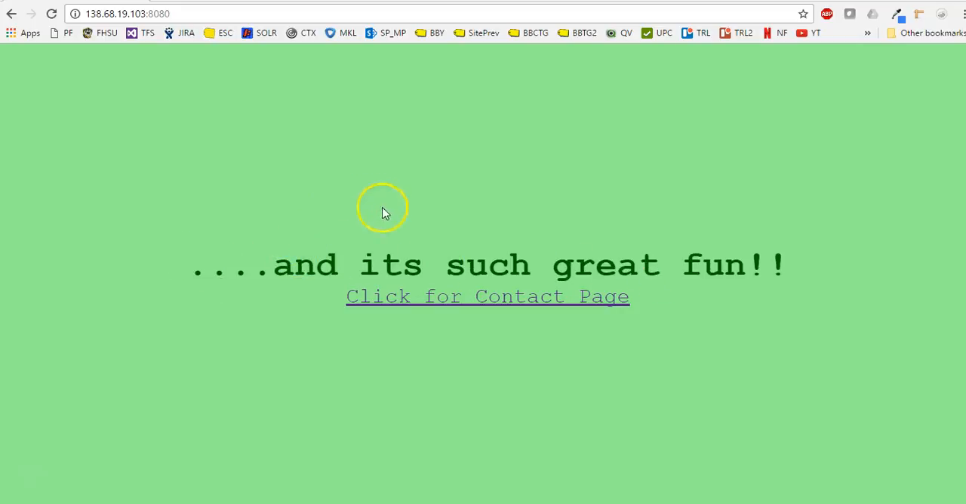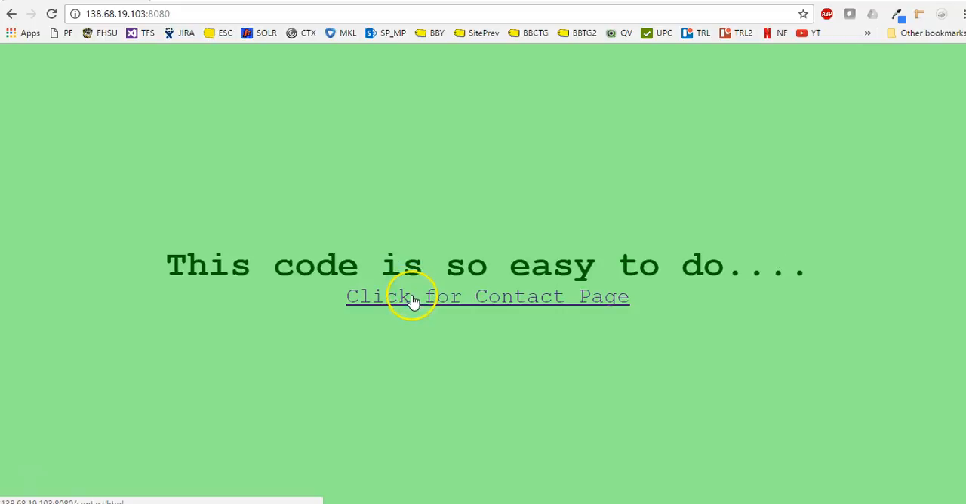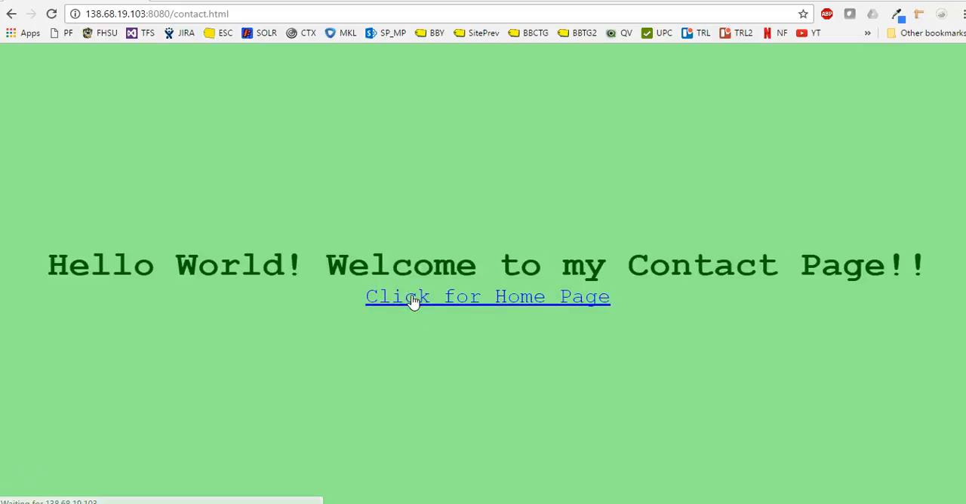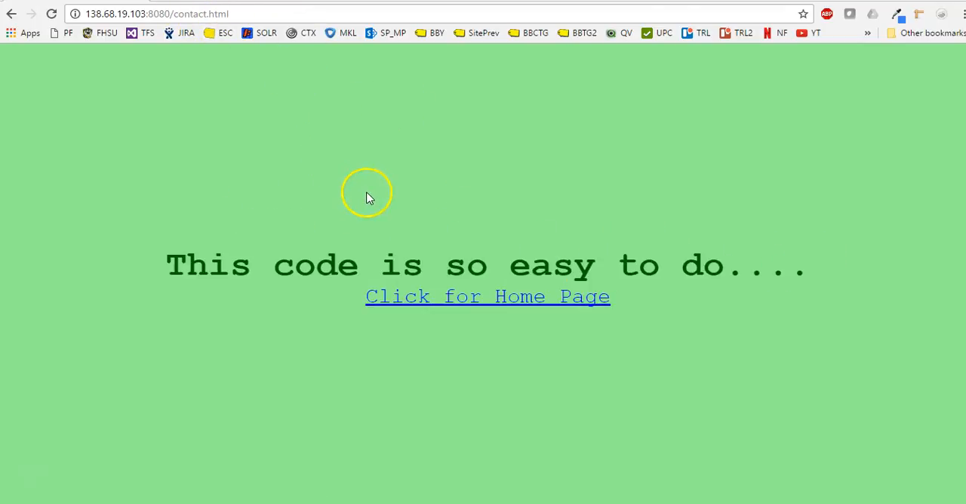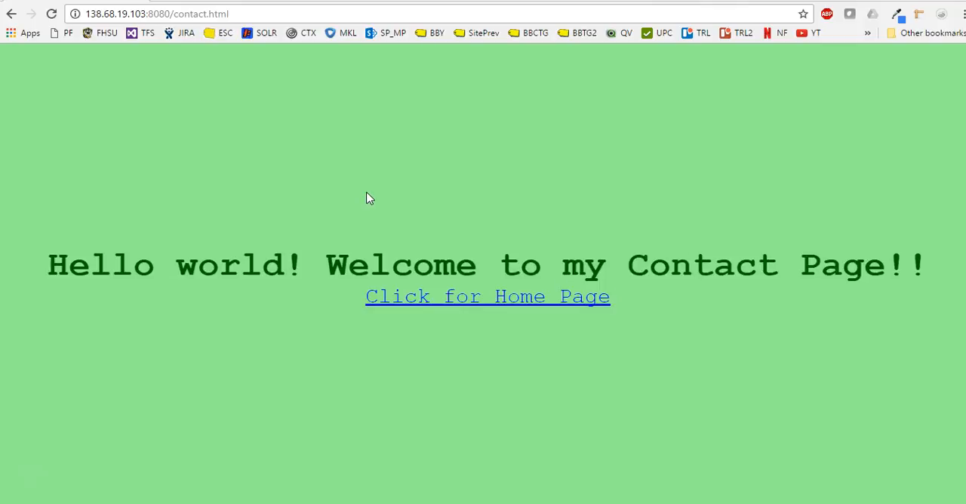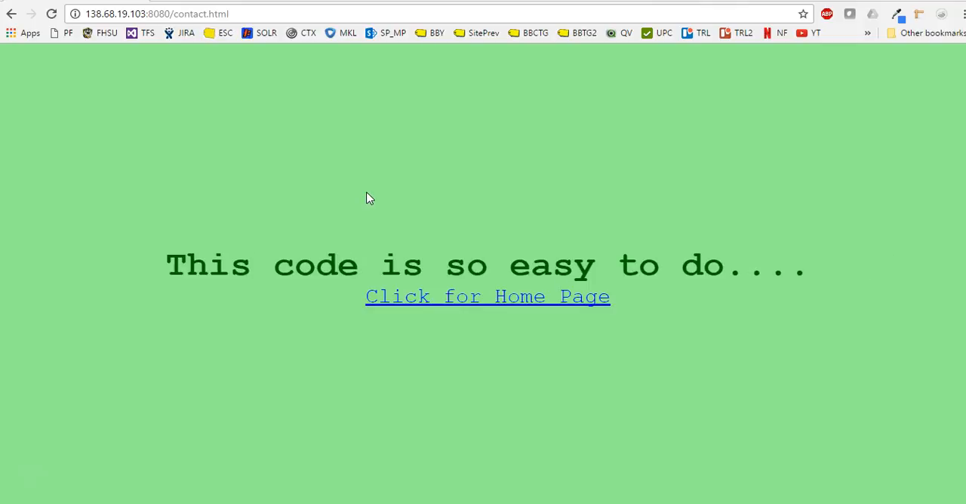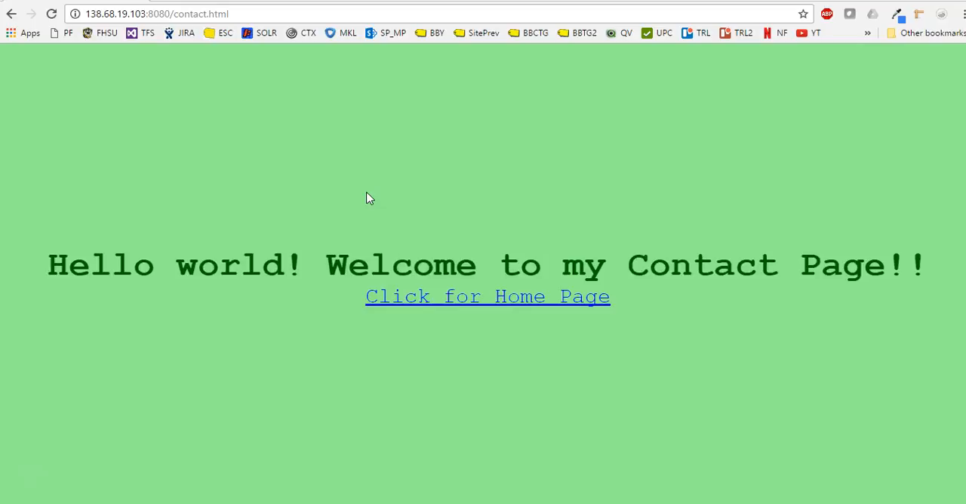And just to check that it can also handle a request for the contacts page, we're going to click this hyperlink, and there we go, it serves back my contact page. So that is how you publish your Node app to a remote server, and I look forward to seeing you